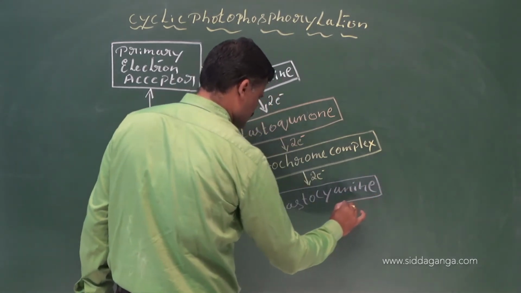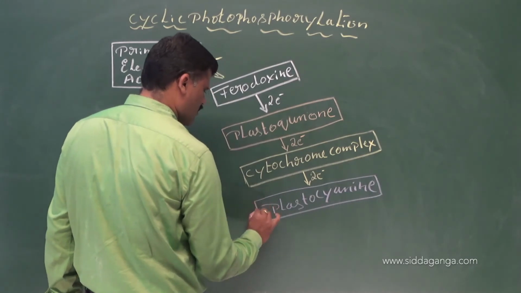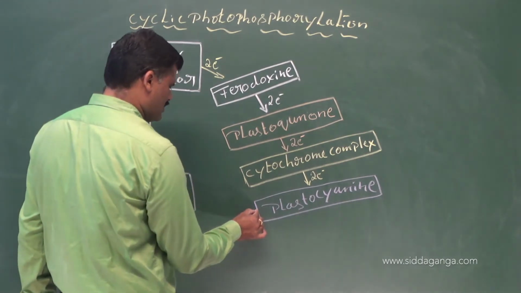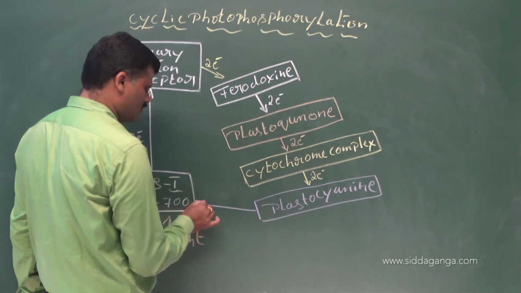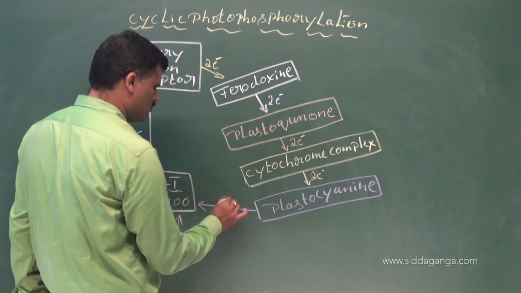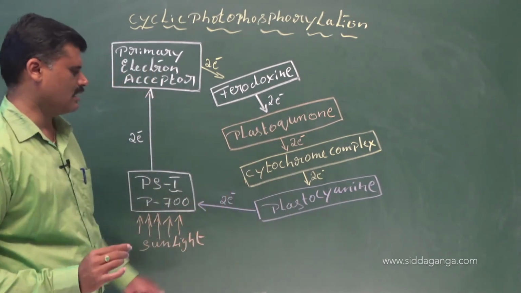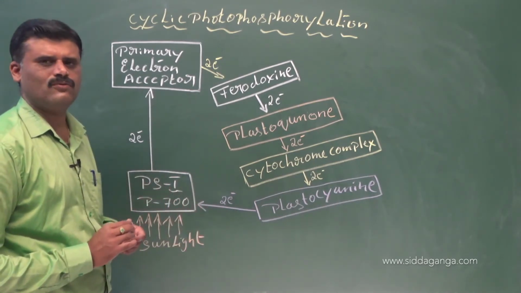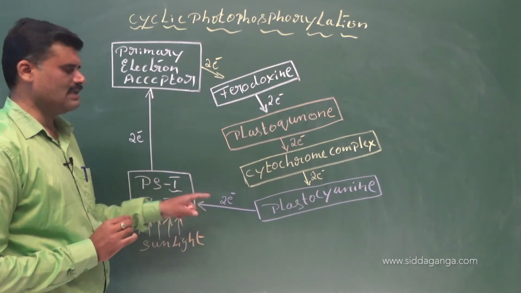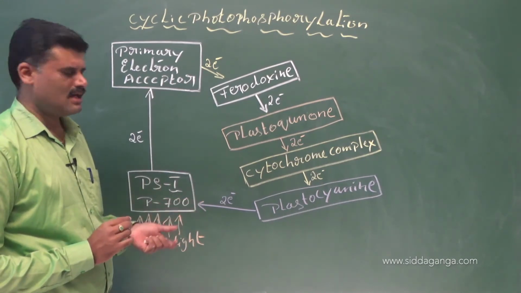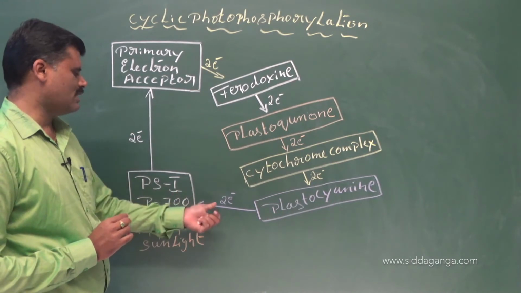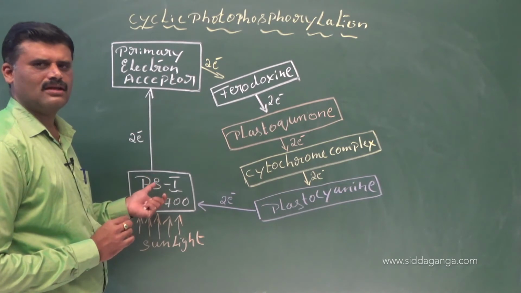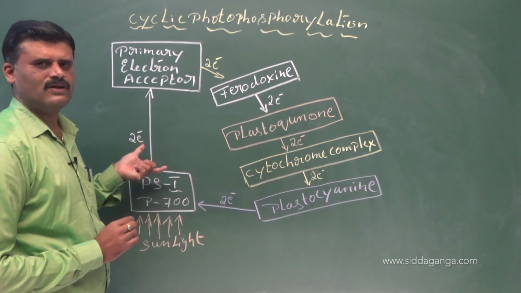Then this plastocyanin, after receiving the energy rich electron, also emits the electron, and that electron reaches once again to photosystem first. This electron loses the energy, and finally that energy lost electron reaches the photosystem first or chlorophyll A, where the excited photosystem first comes to